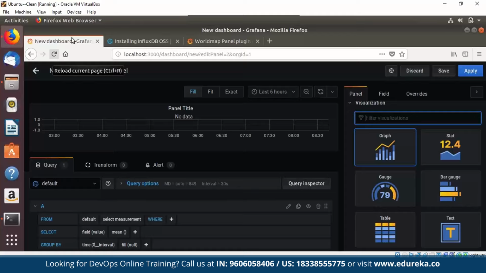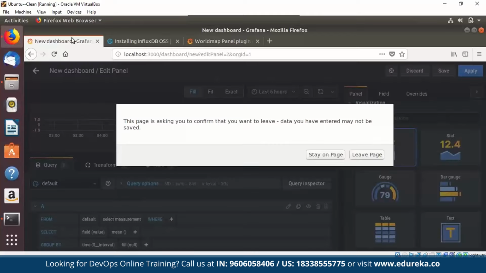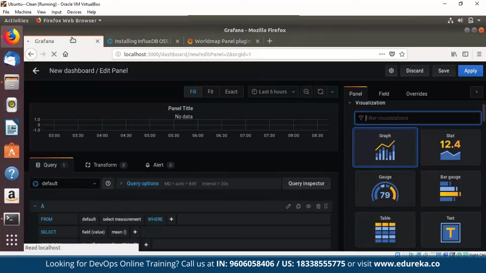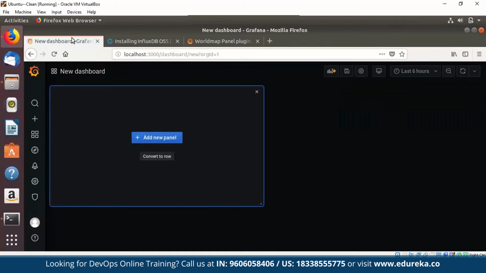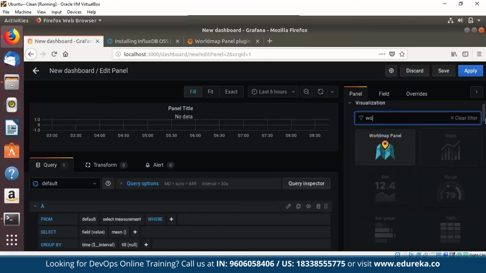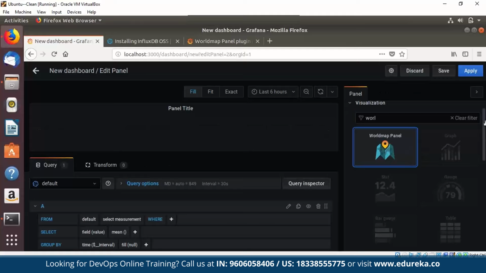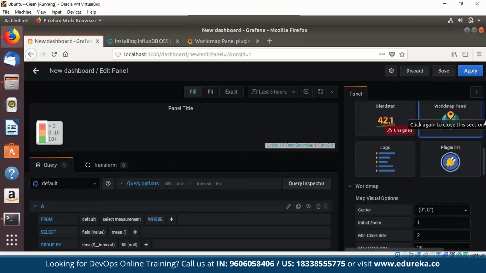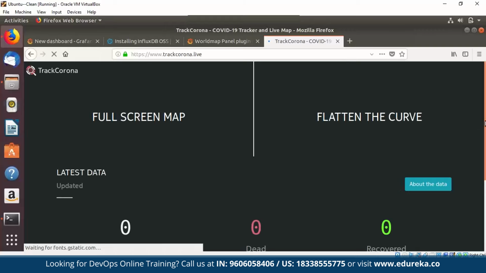Now, if I switch back to my dashboard and reload this page, and if I just click the world map, you can see that the panel has been added. So I'm just going to click on that panel. Now what we're going to do is we are going to get our data set. For this, I'm just going to download my data set from